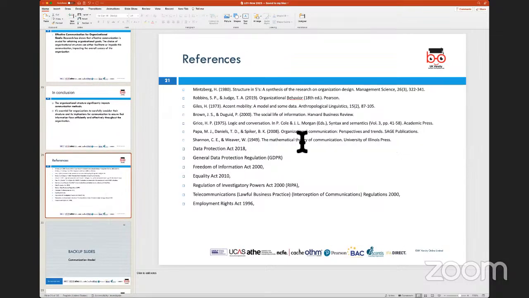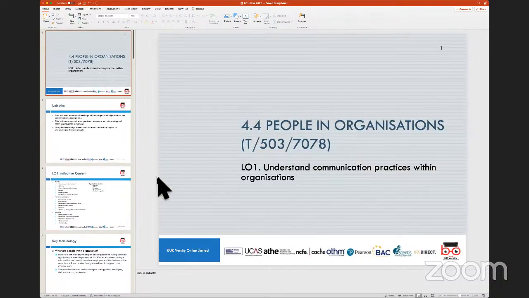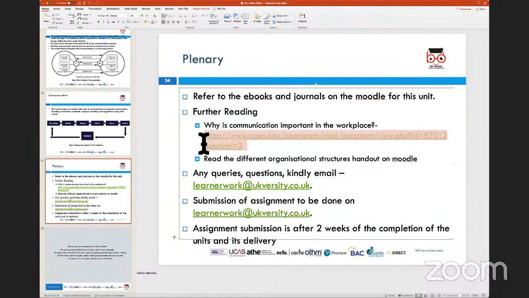Okay, so that brings us to the end of today's session, in which we have covered learning outcome 1, which is to understand the communication practices within the organization. And what I will do at the end of this session is also provide and ask you to go through the organizational structure handout, this presentation, and this particular article, through which I've shown you the video initially, which focuses on why work communication is important in a workplace. And that will help you to understand the learning outcome 1 that we've discussed in a bit more detail. And then we'll catch up in the next session to discuss learning outcome 2.